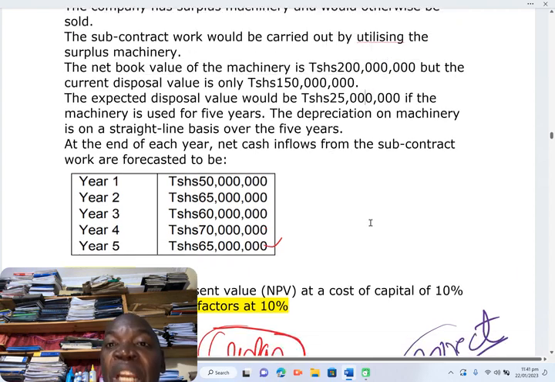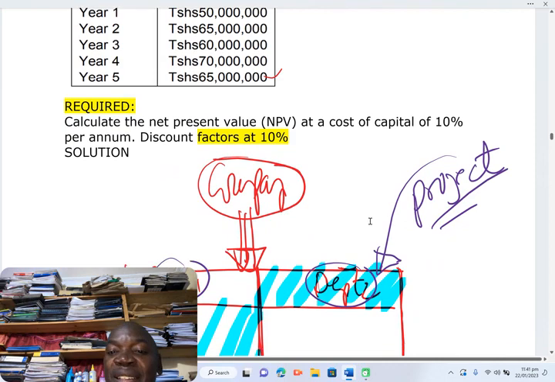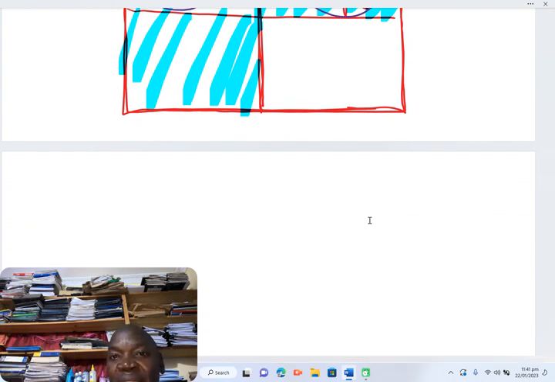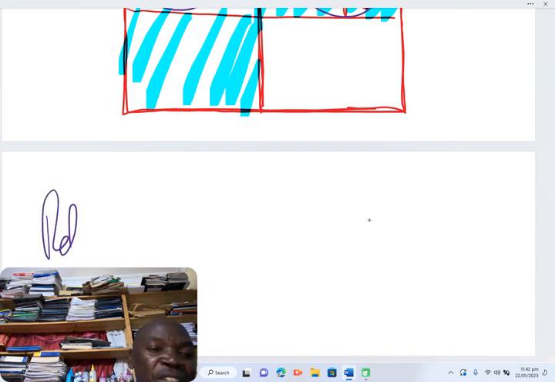The net book value reflects the historical cost of the machine. Remember, in capital budgeting, we don't consider the historical cost because it does not reflect the future. Remember, relevant cost,